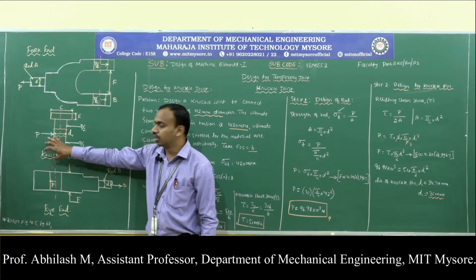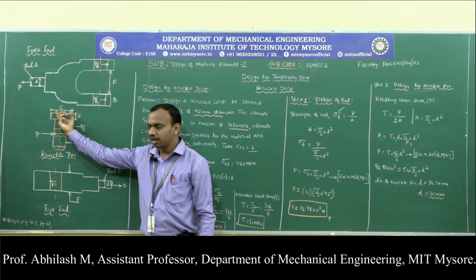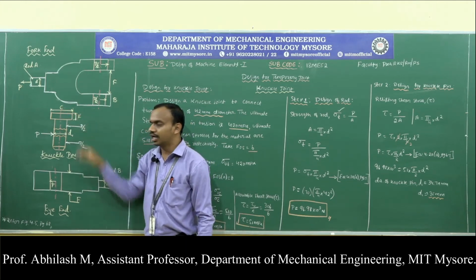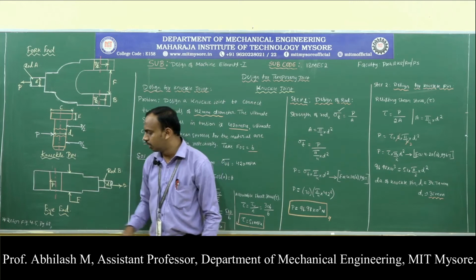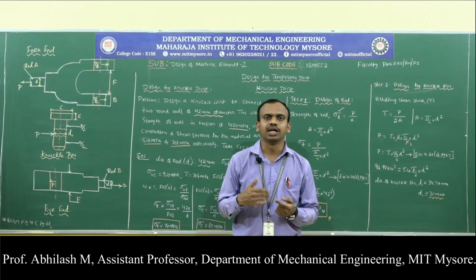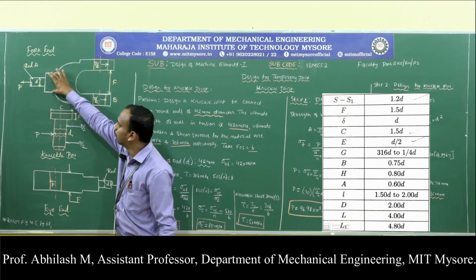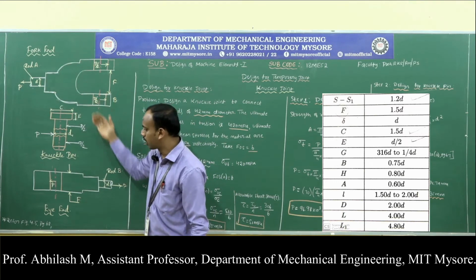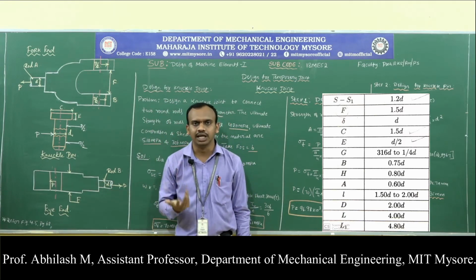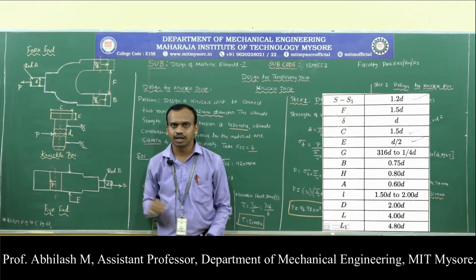What are the other two values that we are supposed to identify for the knuckle pin? The diameter of the knuckle pin head and the thickness of the pin head. In order to do this, C and E, if you refer to the data handbook on page number 68, we have a table where they have given the relationships in terms of the diameter D. For each of the parameters, whether you consider the width or the thickness of the fork end, eye end, all the relationships are expressed in terms of D. Making use of those relations, I can easily calculate the values of C and E.